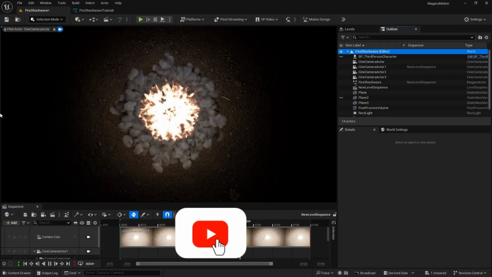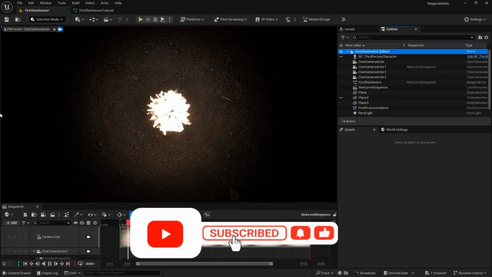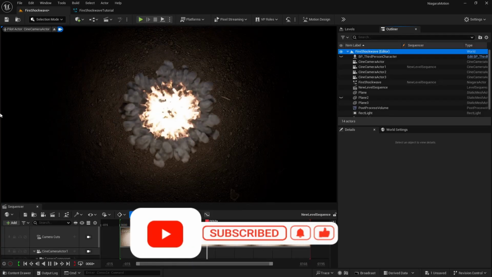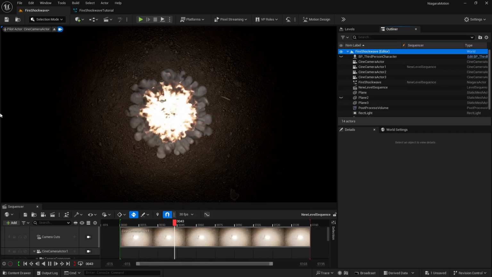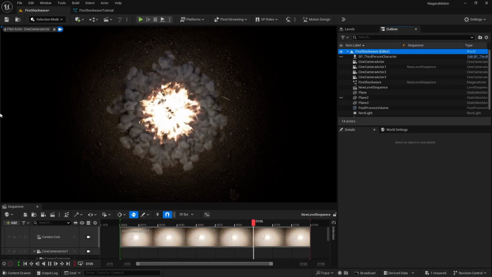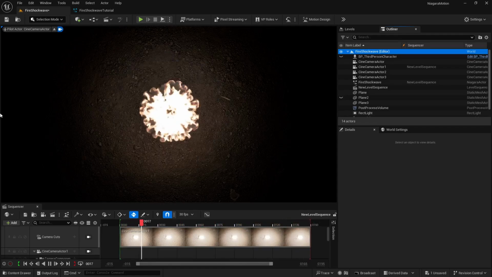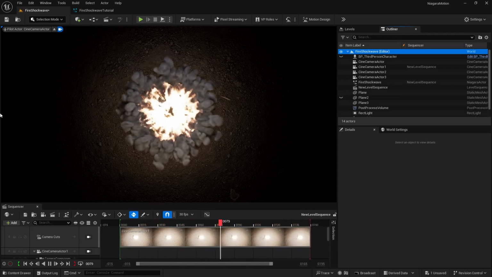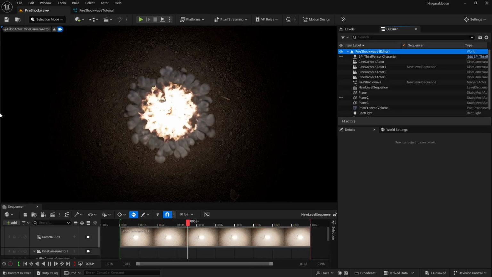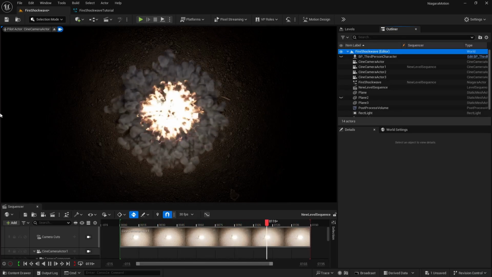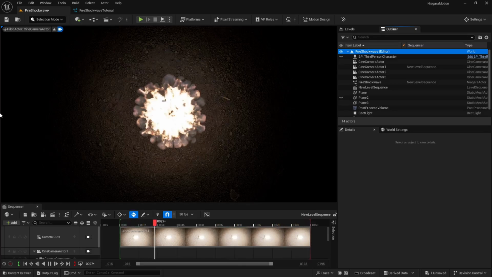We are continuing on our series of Niagara fluids in Unreal Engine. In this video, we are going to create this fire shockwave effect as you see on the screen. We are going to combine Niagara and Niagara fluids in order to create this effect. Plus, don't skip any part because I am going to show you lots of techniques for lighting, for rendering the Niagara fluids and for the quality as well. So without any delay, let's jump into Unreal Engine.